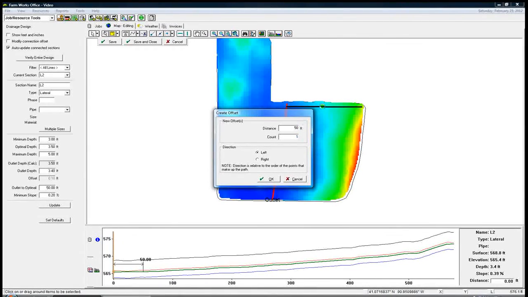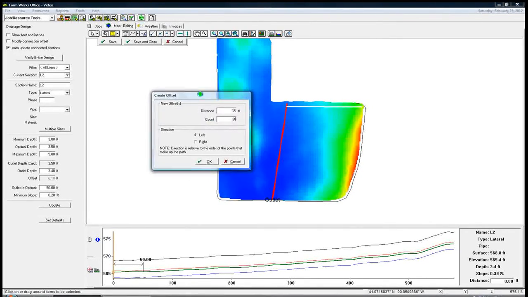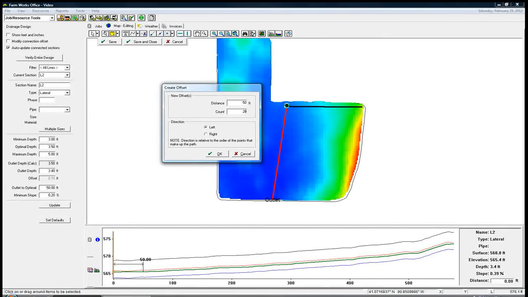I don't know how many exactly this is going to take, so I'll just start with 20. I'll make 20 lines here. Now, right or left, well, I drew the line from here to here. So if you were standing on this line, right would be this way and left would be this way. So I'm going to go to the right, say OK,